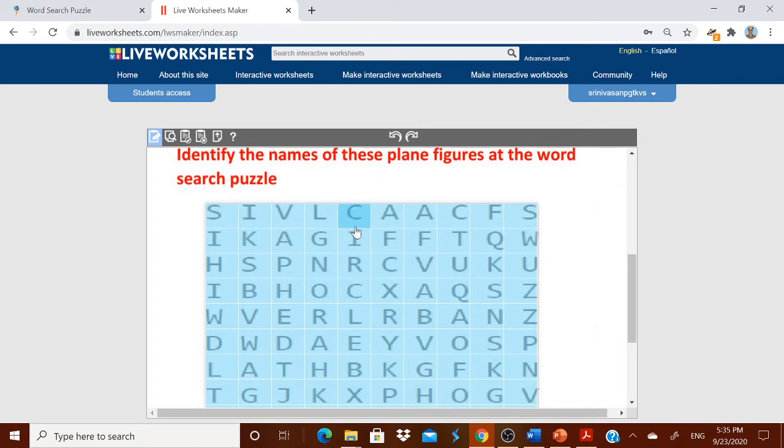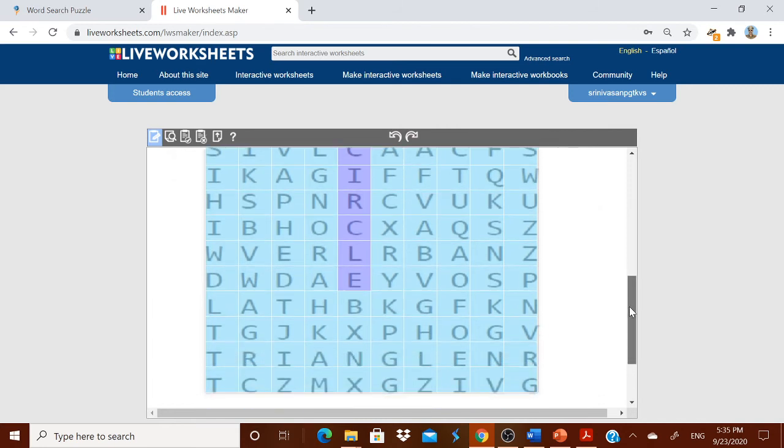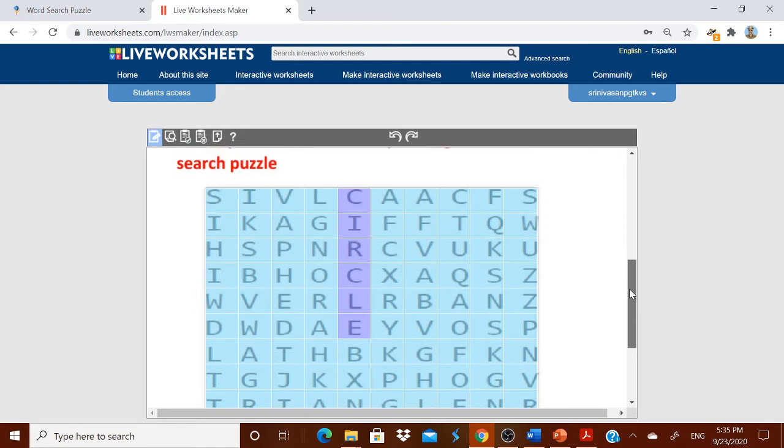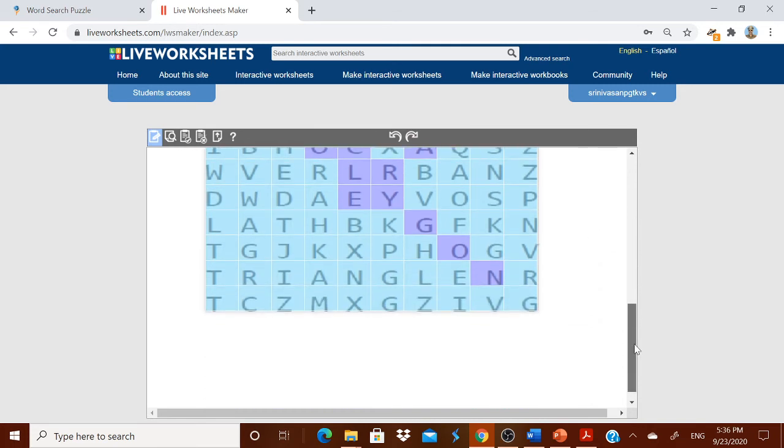Okay, now I will go for circle. If you see, circle is here, CIRCLE. You simply click it and then leave it. Okay, now polygon, I have to search for polygon. Let me search for polygon. Okay, polygon is here, POLYGON. You see, highly interesting. It is coming in a diagonal way, polygon. Then square. I think the square is here, SQUARE. Okay, now E is being shared. I hope so. And then I think I want the last one as triangle. Okay, triangle has come over here, TRIANGLE.